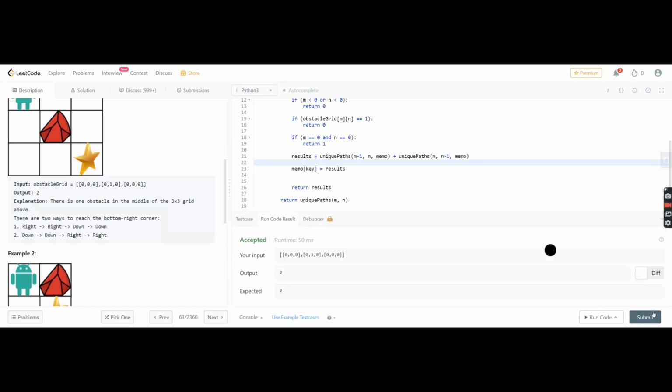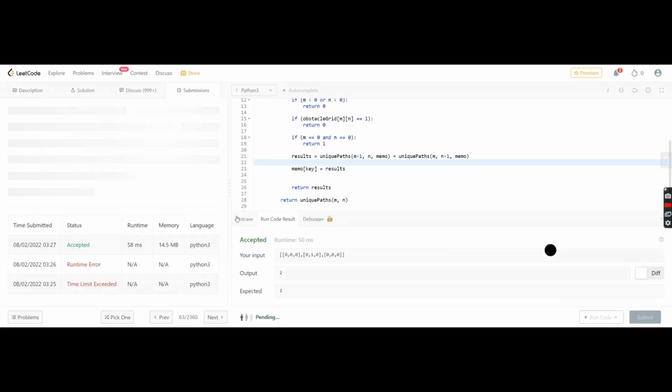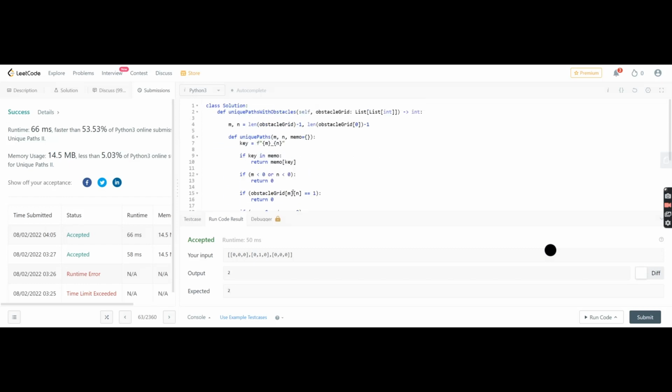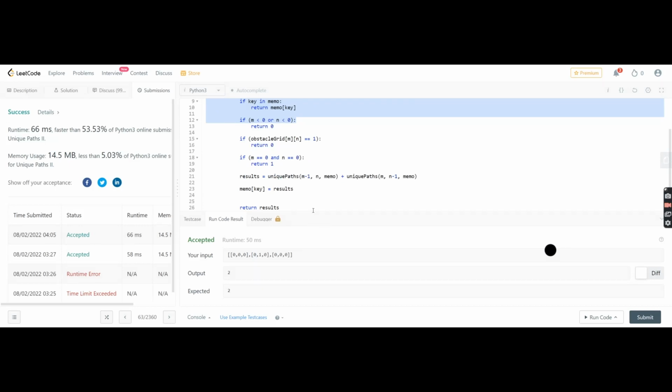Yeah, let's try to submit this and see if it can work. It worked, so we're good to go. So that's the solution, guys. I think you can try it out. I'll just copy the code in the